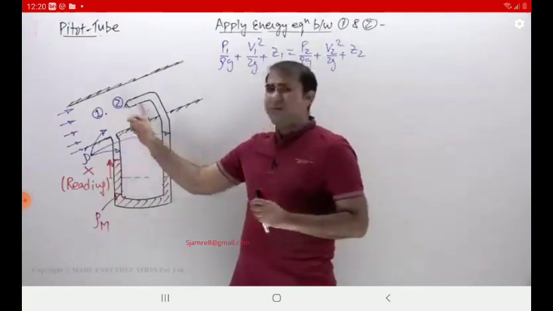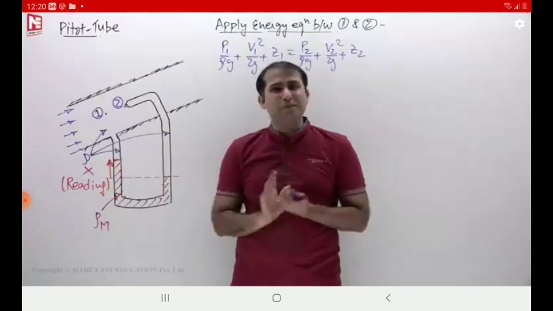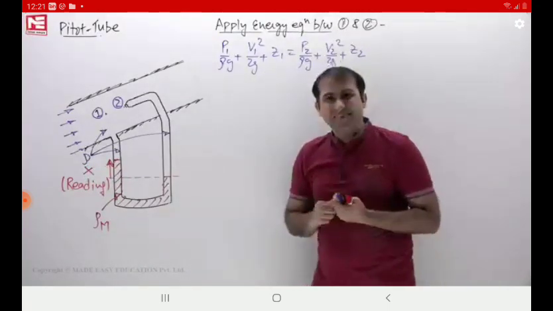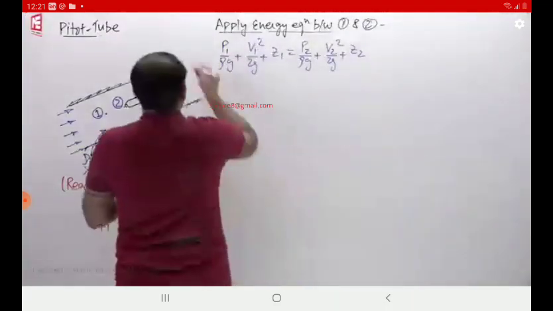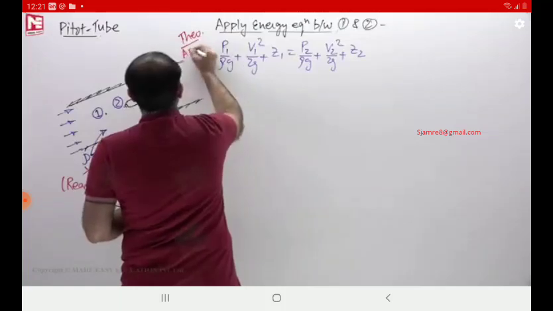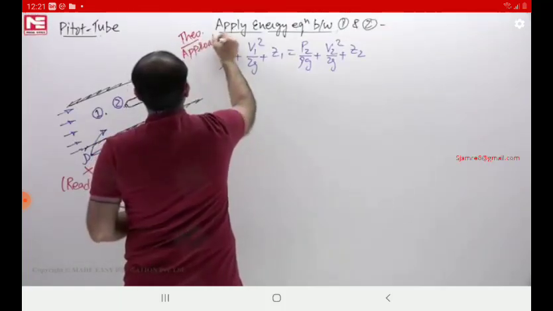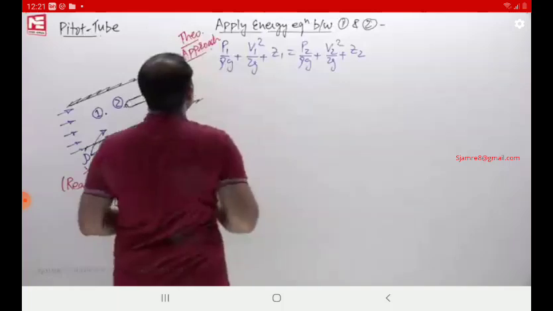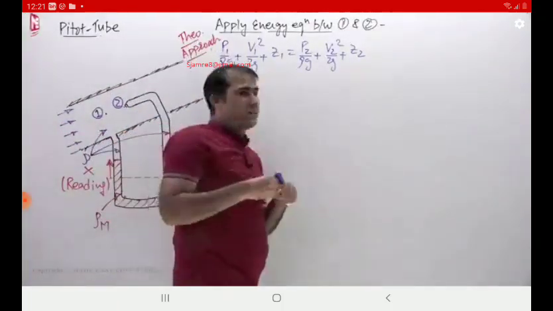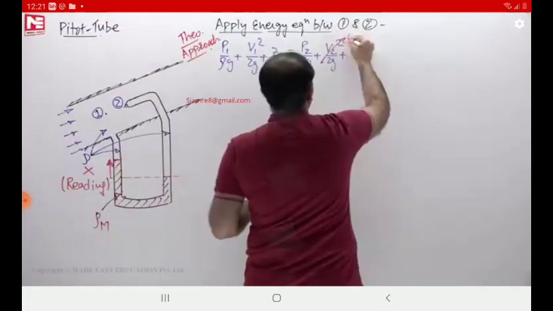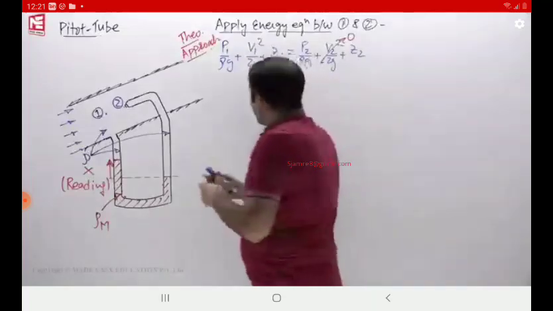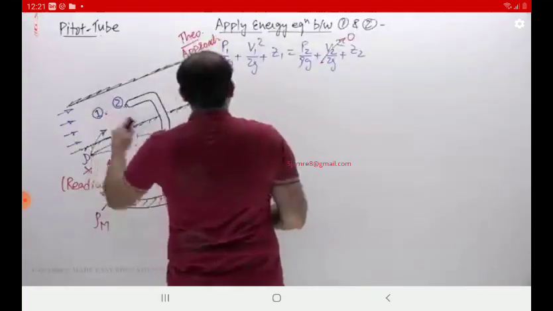The flow will strike from here, so because of that some loss will be there. So what you have written is actually theoretical. I am going to say here that this is the theoretical approach. My point of discussion, as per our earlier discussion, is that this velocity V2 is equal to 0, the stagnation point. So what are we calculating? We are going to calculate the velocity at 1.